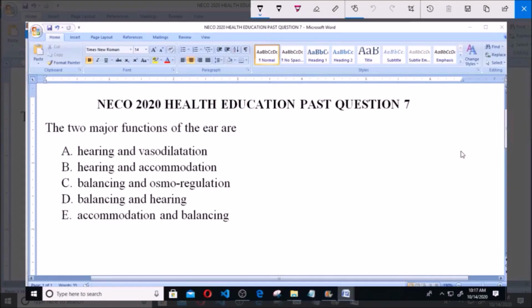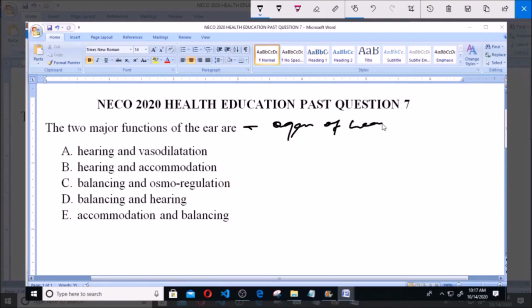I'll be answering NECO 2020 Health Education Past Question 7. The two major functions of the ear are: A. Hearing and vasodilation, B. Hearing and accommodation, C. Balancing and osmoregulation, D. Balancing and hearing, and E. Accommodation and balancing. Now the ear is a special organ